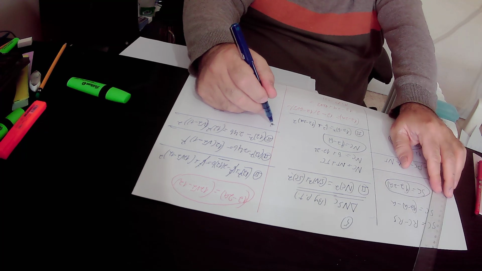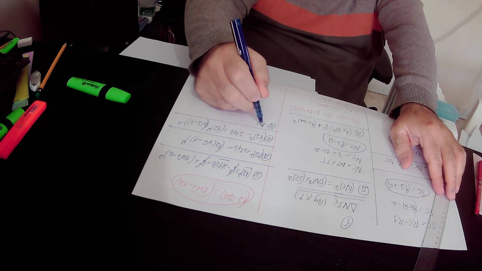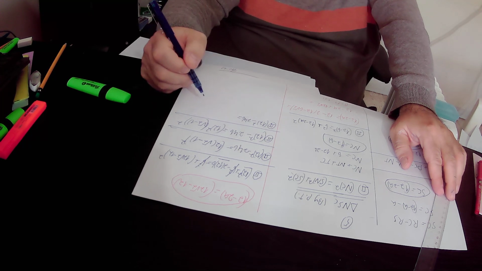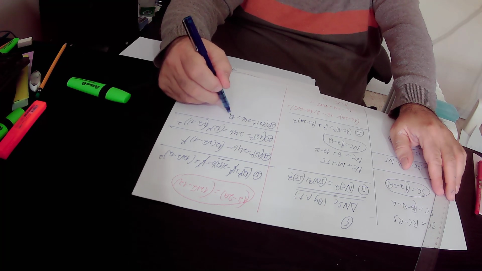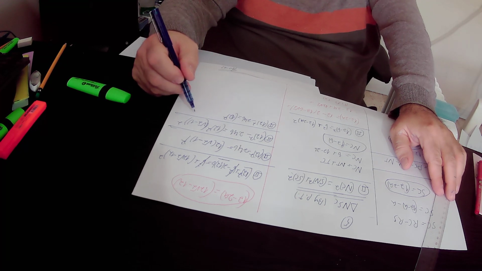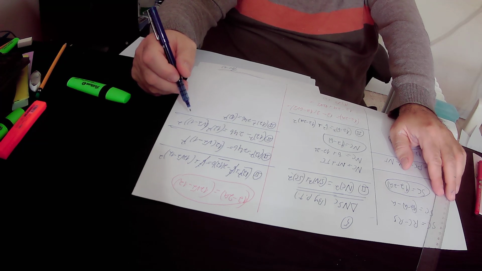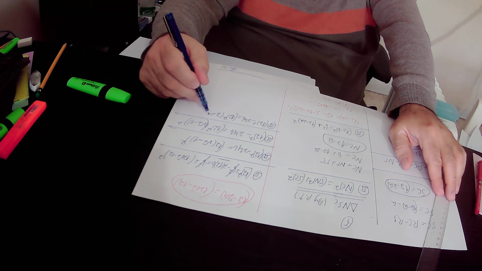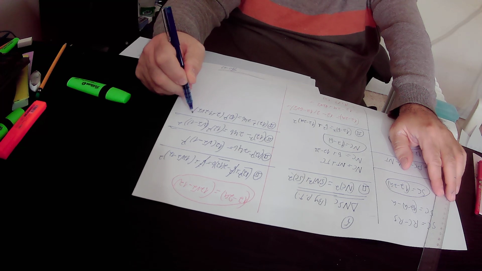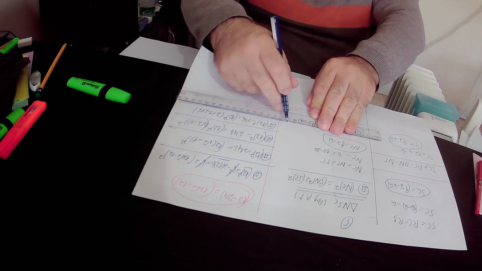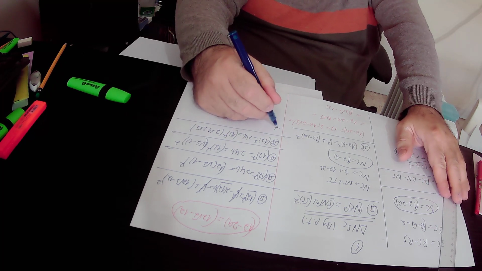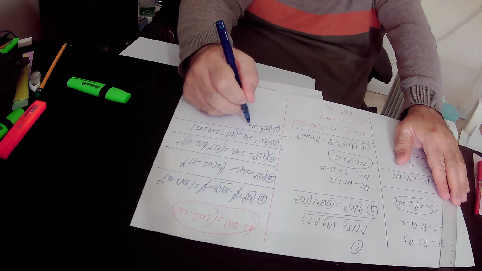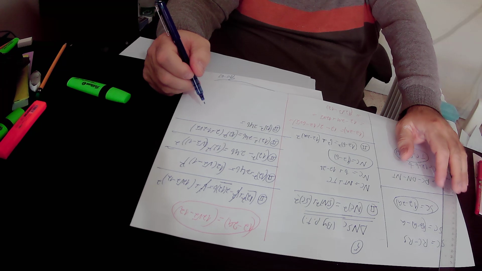We have here, according to equation number 2, 12 squared minus 24b, that equals to 12 squared. Here we will calculate the value of square root of 2 minus 1 squared. It will be equal to square root of 2 squared, that is 2, plus 1 squared, that is 1, minus 2 times square root of 2. So we got that according to equation number 2, 12 squared minus 24b equals to,